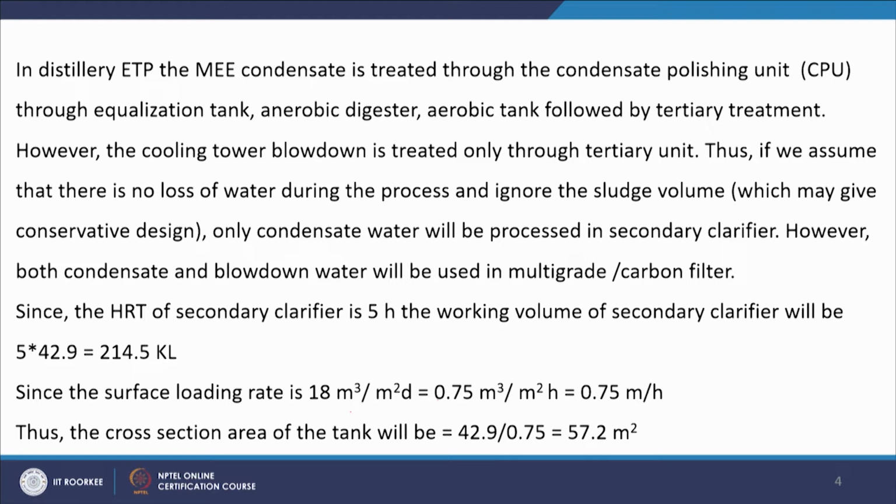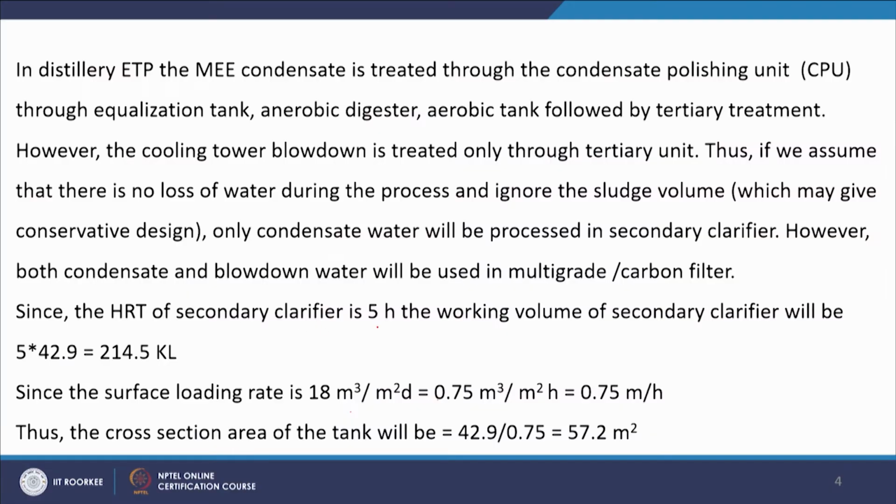Now, we have taken one assumption that the sludge volume is negligible. So, although there will be some sludge production, by this assumption the design will be more conservative, so there will be no harm. Now, since the HRT of the secondary clarifier is 5 hour, the working volume of the secondary clarifier will be 5 into 42.9 equal to 214.5 KL. Why so? Because